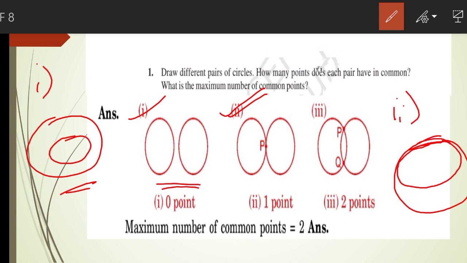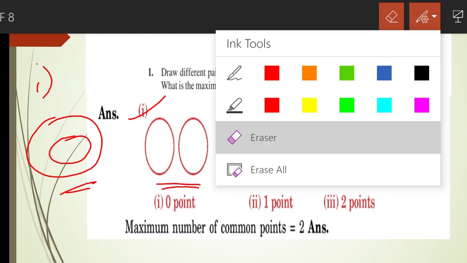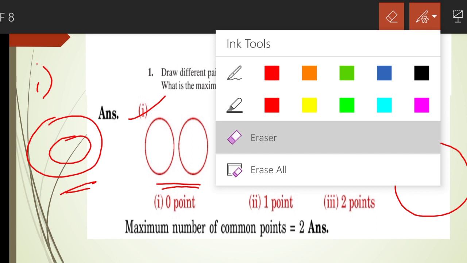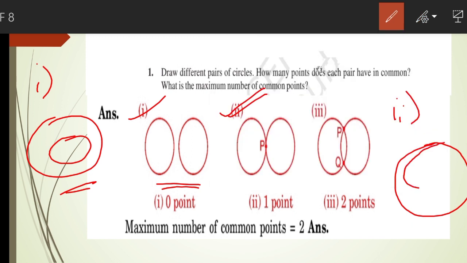So it's not so much proper, let me draw in a proper manner. This is a circle, and inside we have another circle in such a way that it touches the other circle at a point P. So here one circle is outside, and there is a small circle inside where it touches the bigger circle. So this can also be one example where one point of contact is present.